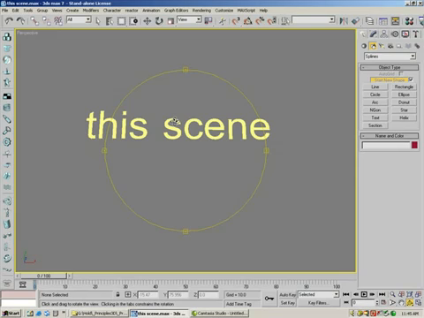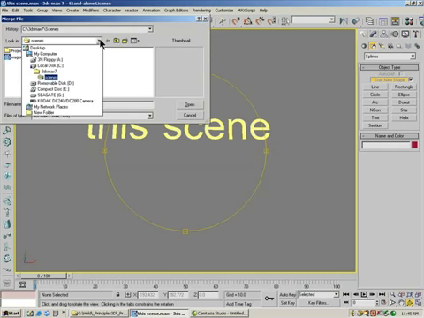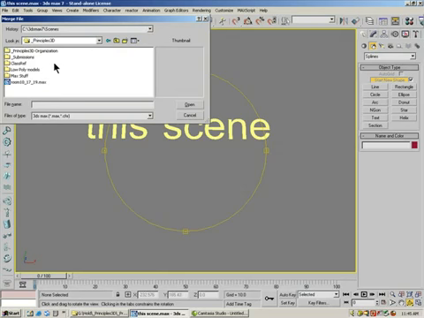them in solid. So what I want to do is import a part from another scene into this. Now how I do that is very simple. I go to File, Merge, not Import, and I will say import by accident quite a bit, but it's actually Merge. You go find the scene that you want to import. In this case, I will go find it, and it is, I believe, in here. The one I want to import is a scene called Is Now Complete,